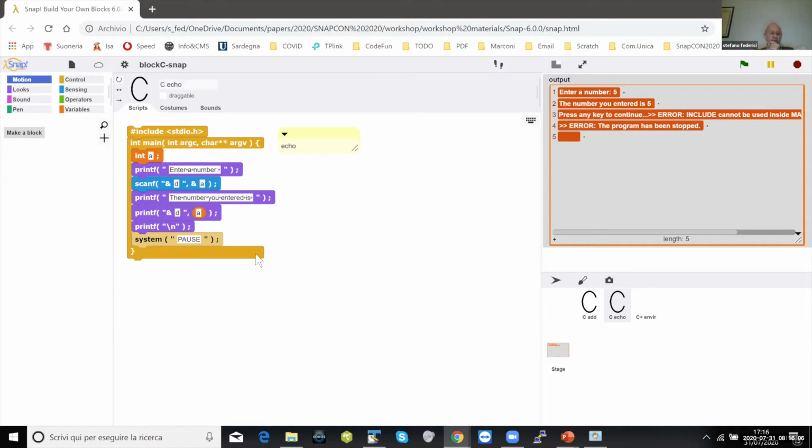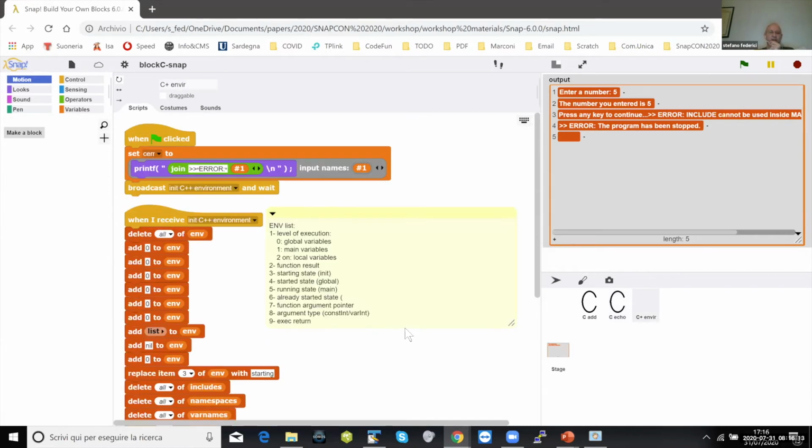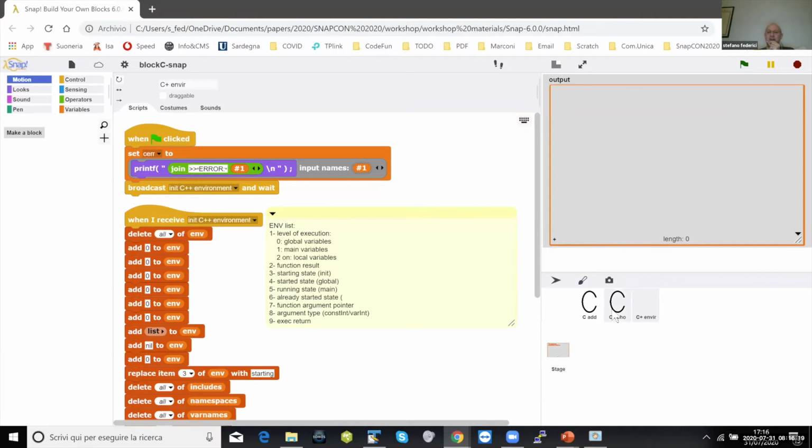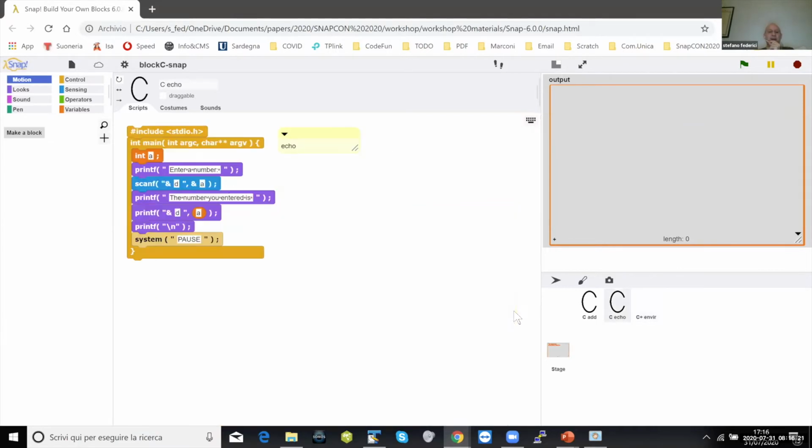So the program was already running. If I run the program again, the environment is not ready to run the program. So that is why I have to click again in its C++ environment. Then I can go back to echo, and then I can safely run it again,